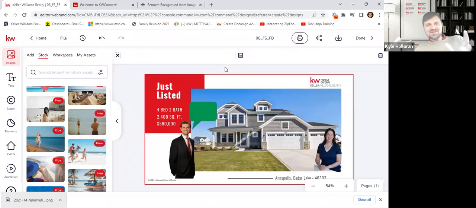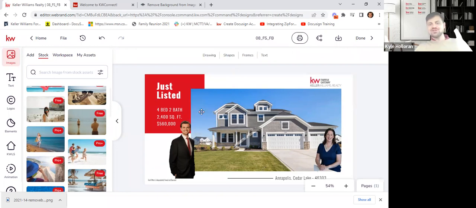All right, so you can go super basic, or you can start to play around with this thing a little bit and add some extra fun features that might grab someone's attention if they're looking at it.